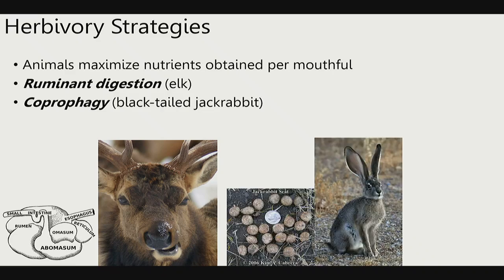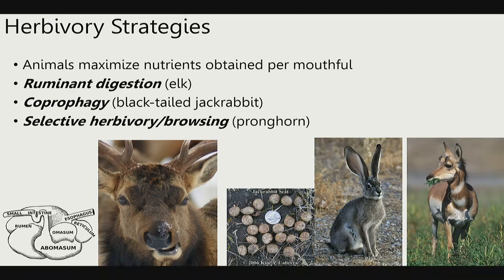Black-tailed jackrabbits and a lot of our rabbits are what we call hindgut fermenters, and they do something slightly different and slightly gross. They eat their poop. Coprophagy means poop eating, right? And so they have sort of a different but similar strategy where they take their grass through their system twice. They have this specialized organ in the back of their digestive system that helps break down tough grass leaves. So what they do is they eat grass, they poop out what we call cecal pellets, then they eat those. The cecal pellets have been broken down enough that when they eat them a second time, they can actually digest them well and get the nutrients out of them.